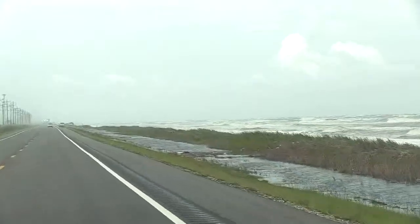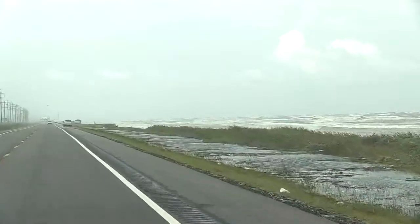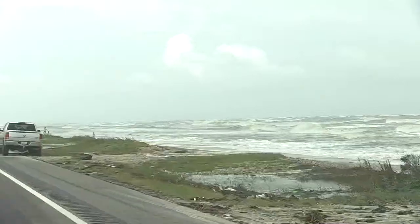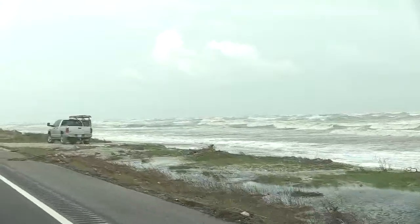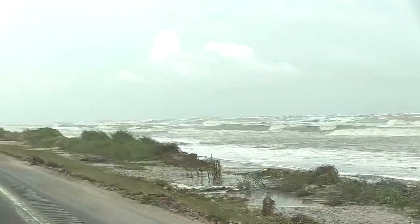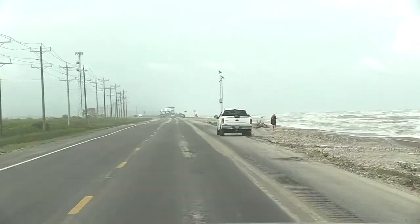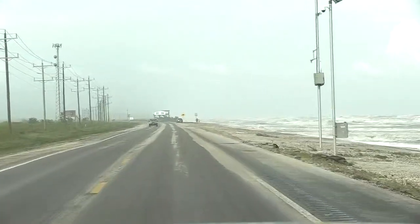Now, this is what TxDOT put in next to the road, and we're going to show you real quick once we get down there, but I wanted to show y'all what the Gulf looked like. I mean, it's churning out there. Tropical Storm Hanna was upgraded this morning about 7 o'clock, and it's really turned the Gulf up, and we're seeing some big effects here. And so I wanted to let y'all see what it looked like here. Actually, we've got some sun coming out, so that you could be aware if you were traveling the roads tonight. Now, supposedly TxDOT cleaned the highway. We'll let you be the judge of that. But first,